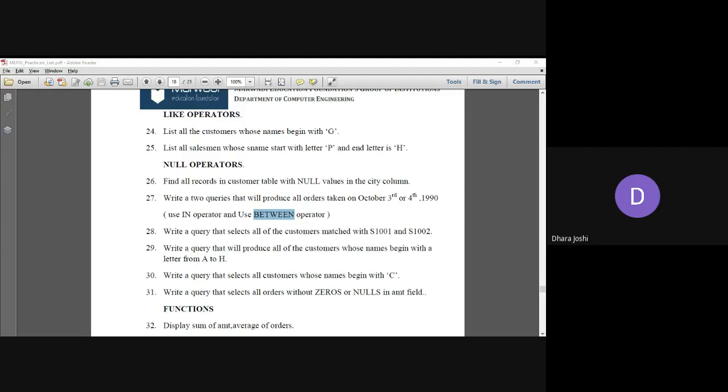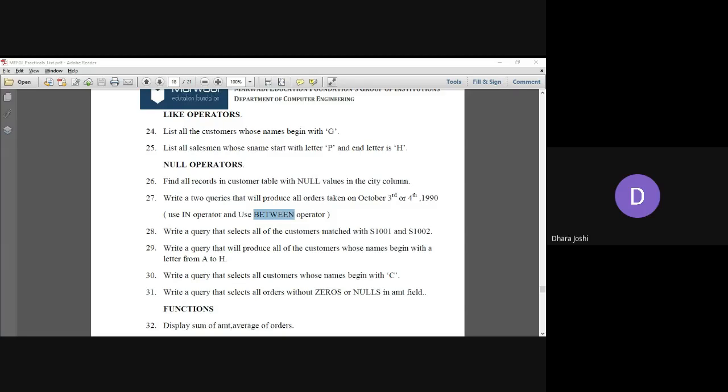Vani, you have done the first parameter, it is correct, 10 03 1990. But for the second parameter, you need to change the value of month and date. First two characters should be 10, middle two characters should be 04, and then we are having the year 1990. Okay, so it can be like this.